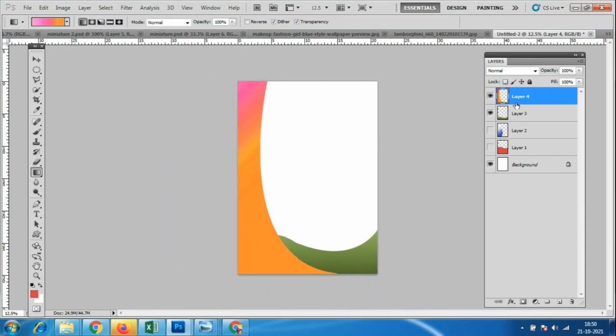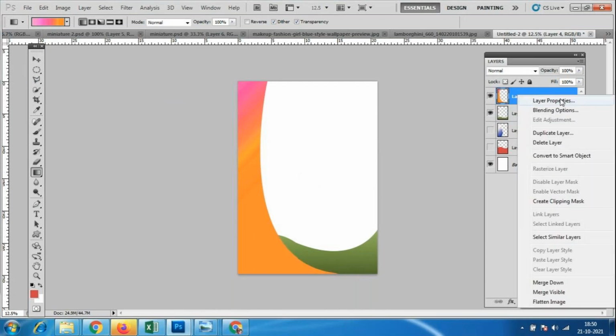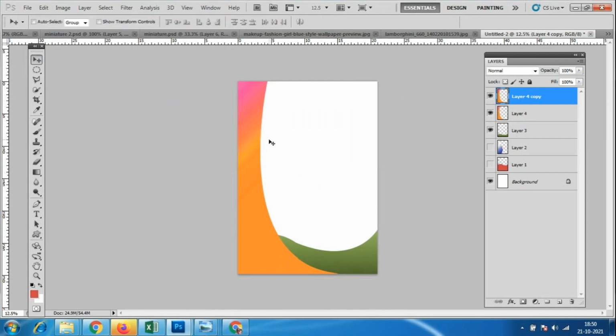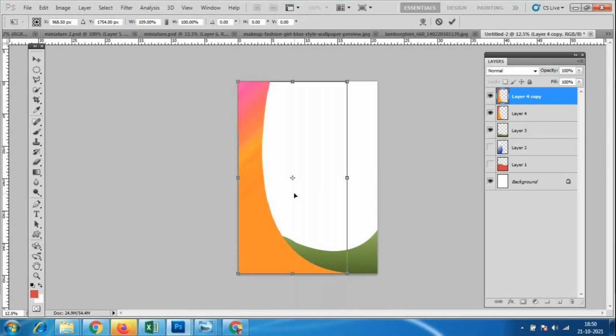So like this, I can take it to the back of this one, or the front. If I want to take a duplicate copy of this, I right click on it, and there is an option called Duplicate Layer. Okay, Control T. So there are two different layers, but we are not able to find it. Why?